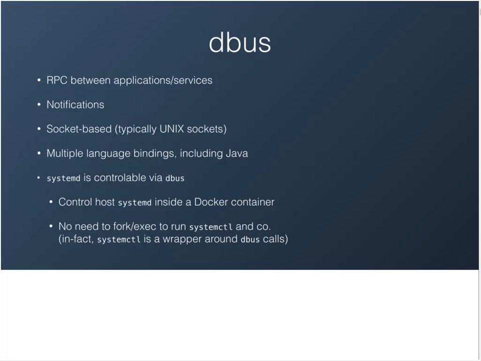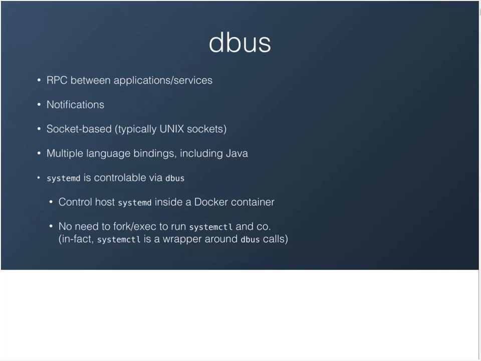The other component that we use in combination with Systemd is dbus, which is pretty much just a remote procedure call between applications. It also does kind of notifications between apps as well, so when things have changed in one application, another application can be notified when that happens. It's all socket based,